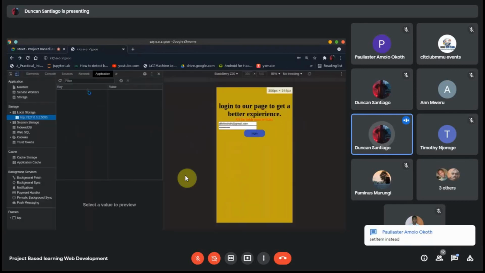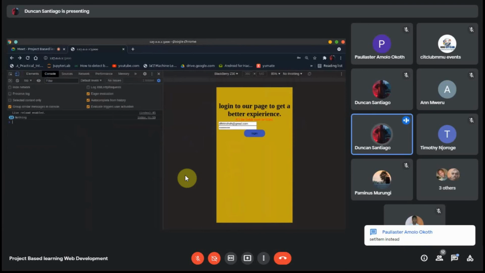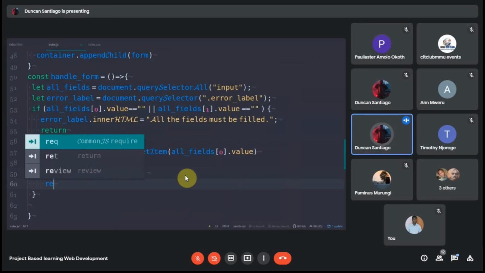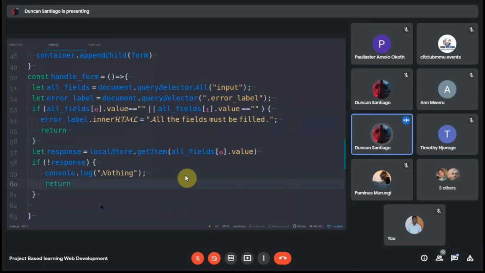So it's going to give us the message, there's nothing to display. This is the information I logged out here. And what I want to do is end the execution of this function here, in case it doesn't find anything. So what I want to do here is